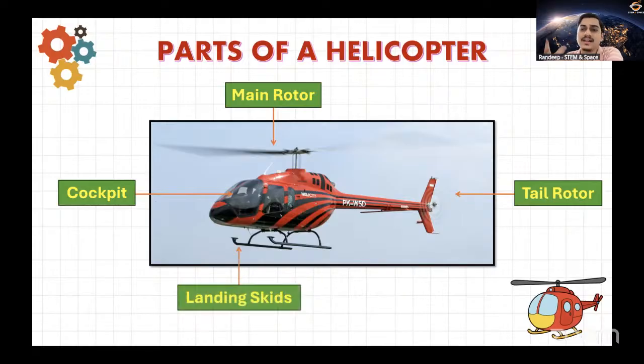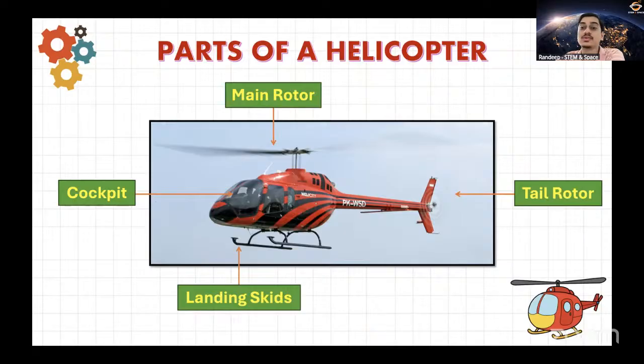Then comes a handle-like structure, which is present below many helicopters, called the landing skids. Now, in some helicopters, you might have observed that there are wheels as well. Okay, so do not get confused. If there are wheels, that simply means it is able to move on the ground. It doesn't provide any extra feature to the helicopter. It doesn't mean that the helicopter is different from this one. It's basically based on purpose.